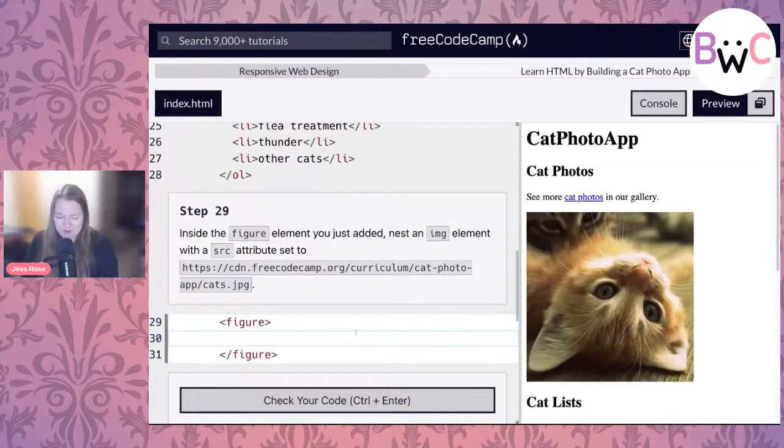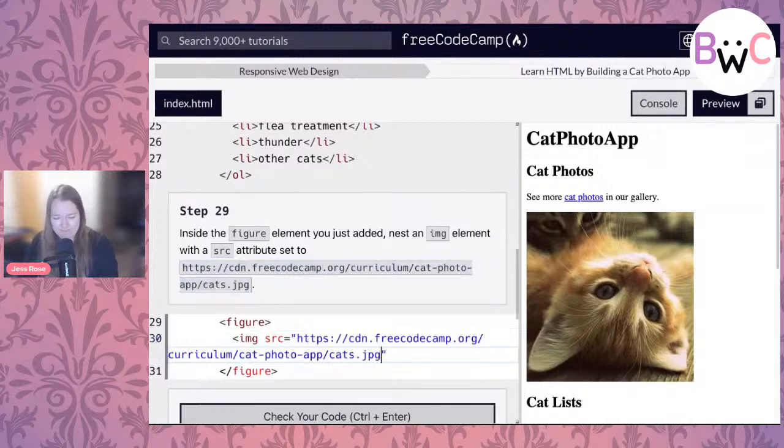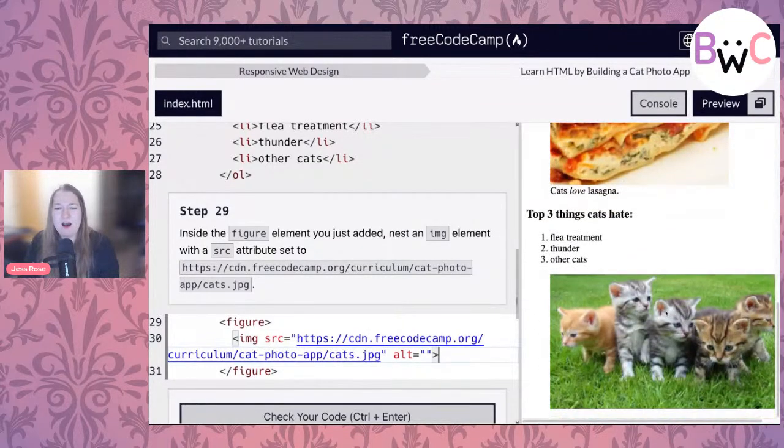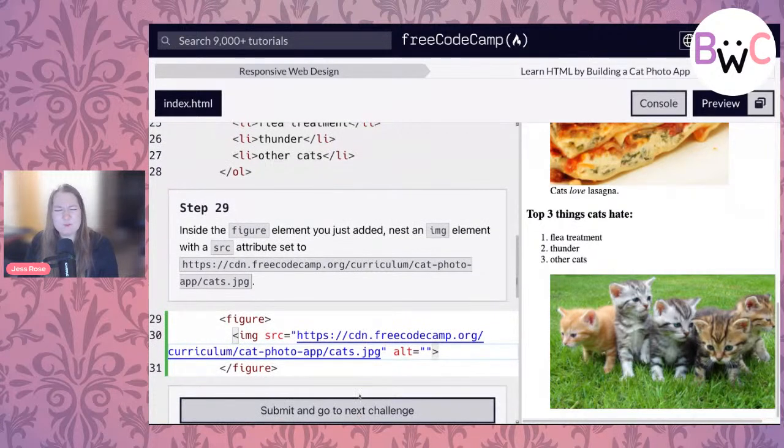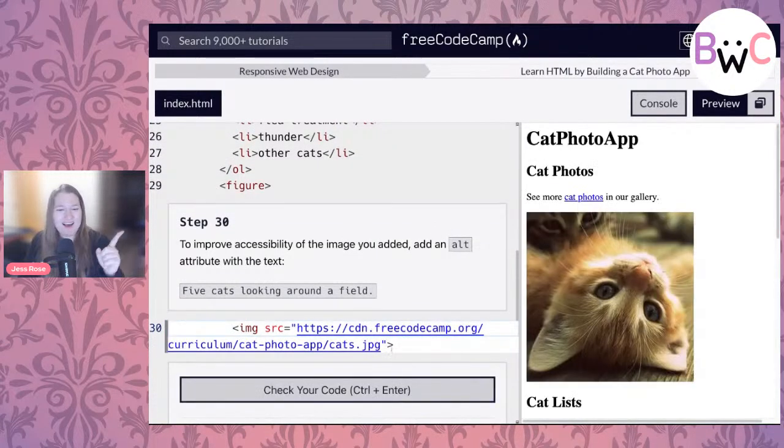Okay. And we're going to do this just like we saw last time. We've got our source element, which to me still feels like screen, and I know it's not. And this hasn't told us to have an alt yet, but I'm going to add space for my alt text because I know it's coming. We come down here. Oh, my heart. Just a whole bunch of cats. So I'm going to check our code. We've got a green. We love that green stripe. Haha, I knew it. It's going to add an alt text.